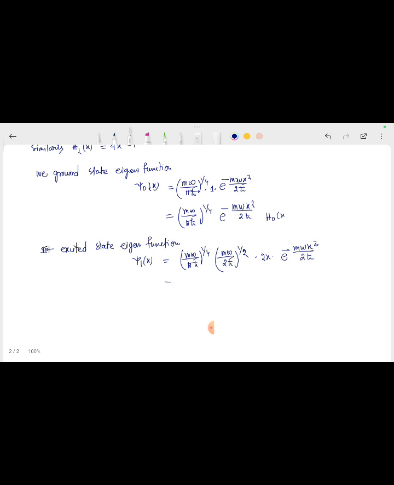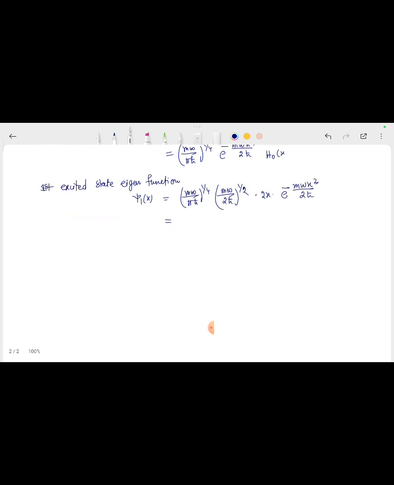So in terms of the Hermite polynomial, it is equal to (m omega / 2h-bar)^(1/2) (m omega / pi h-bar)^(1/4) e^(-m omega x^2 / 2h-bar)